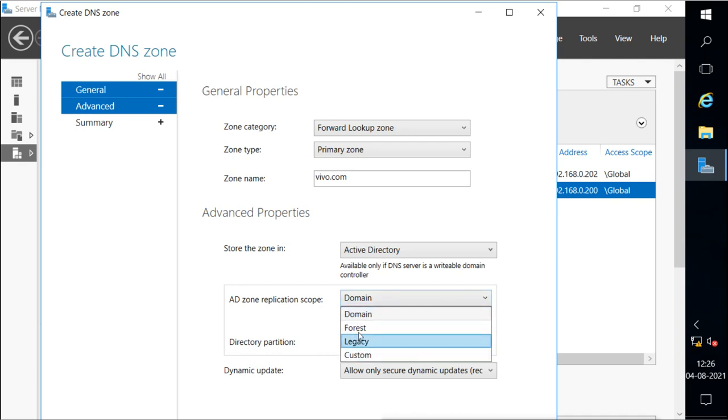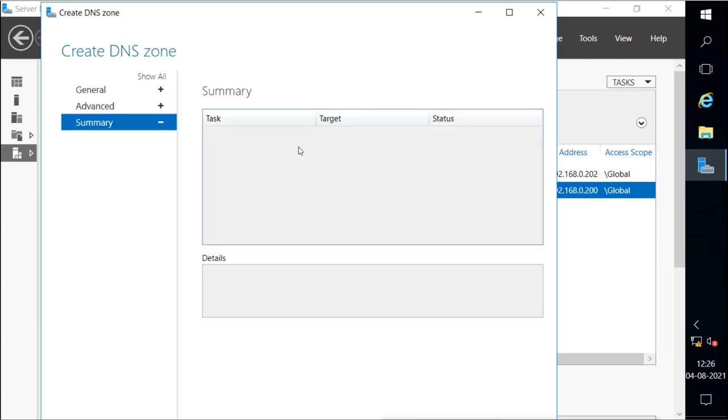That means you can replicate the zone to all domain controllers in the domain, all domain controllers in the forest, or you can choose the Windows 2000 style, or you can go for custom and a different partition. Here we don't have a different partition, so we can select the domain, and it is going to replicate to all the domain controllers in the domain. Then here you will see the summary.